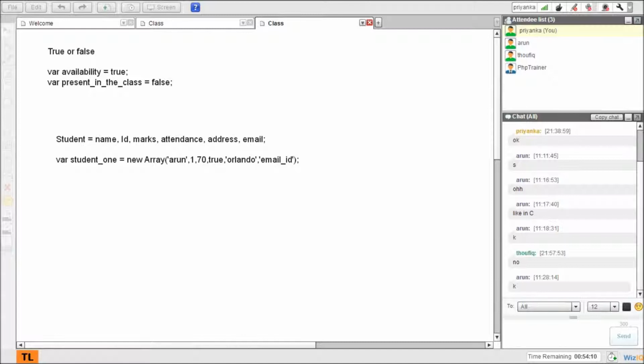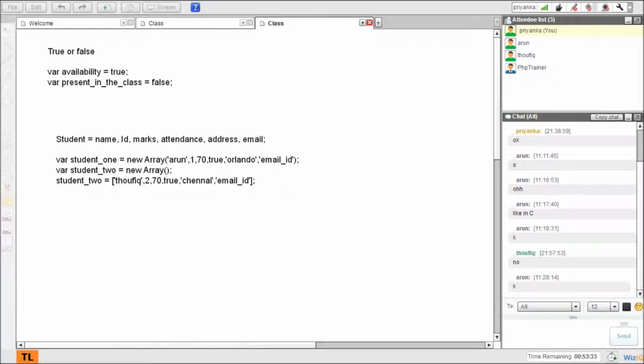Now student 2. Student 2 is again a new array. I can give the array like this too. Since it's initialized over there, say student equal to, now the second is Taufik, ID 2, marks 70, attendance true, from Chennai, and email ID.